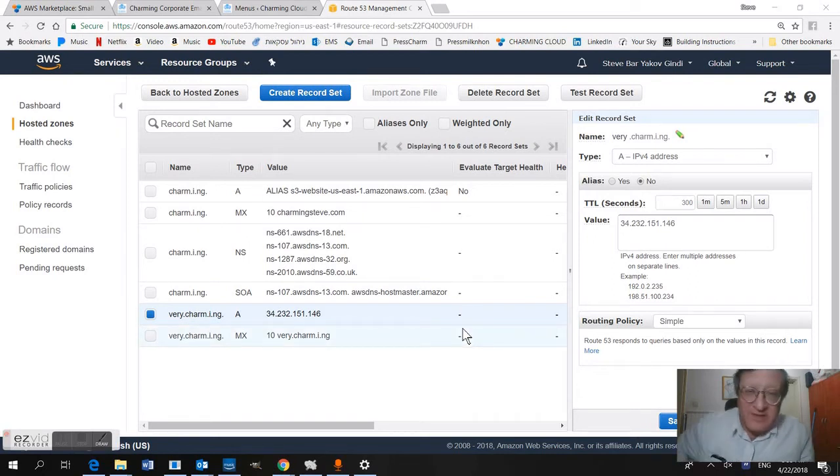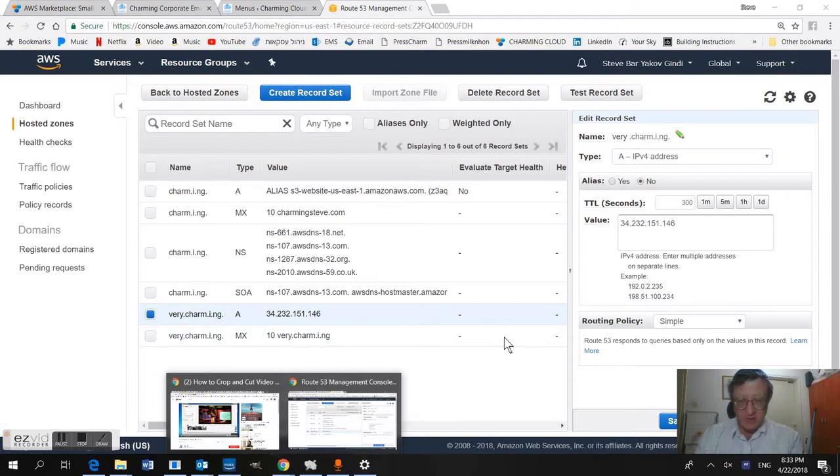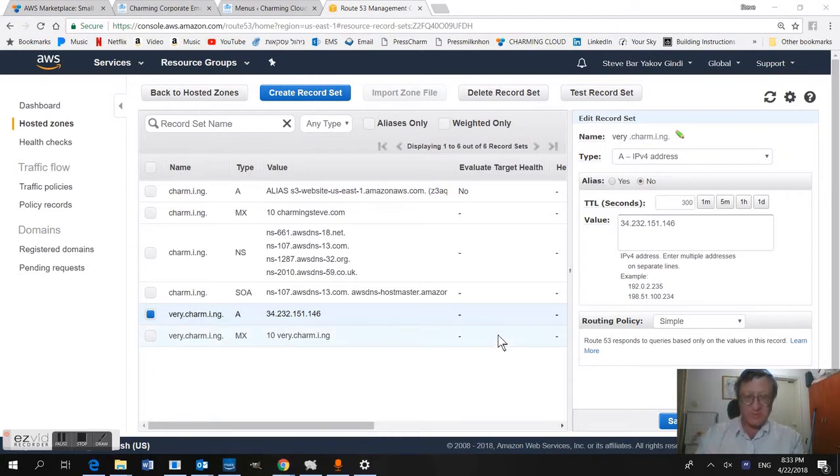Hi again. So we have our server all up and running, and we've got our DNS open because I'm going to show you before you actually configure the server. You need to have your DNS all set up, and we're going to use Route 53 for this. So here you see we have the hosted zone set up for the domain, subdomain